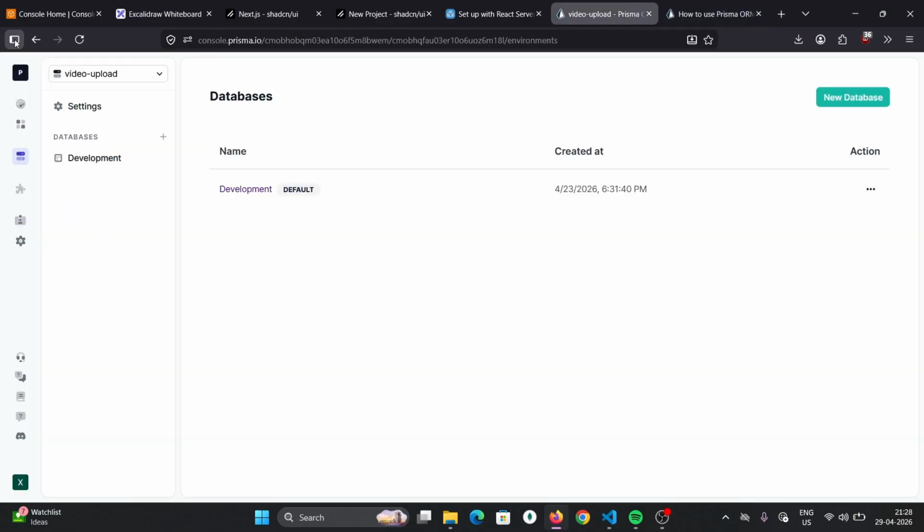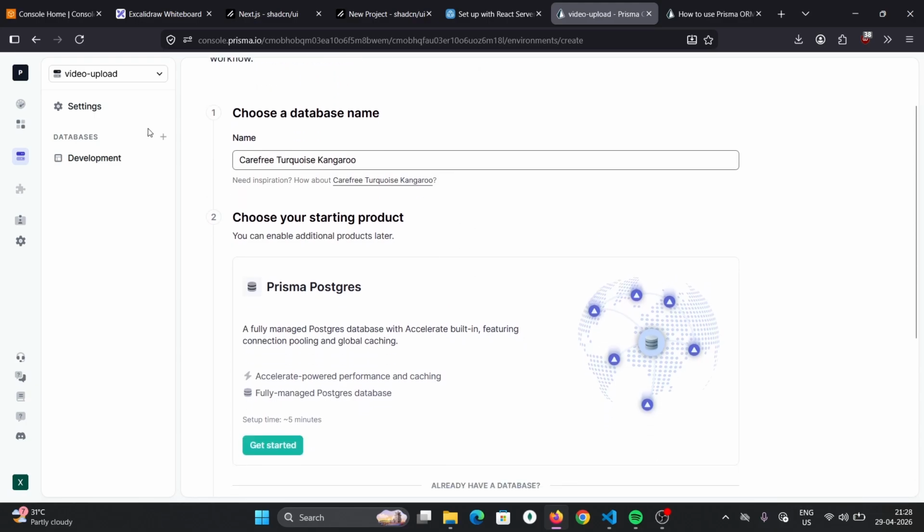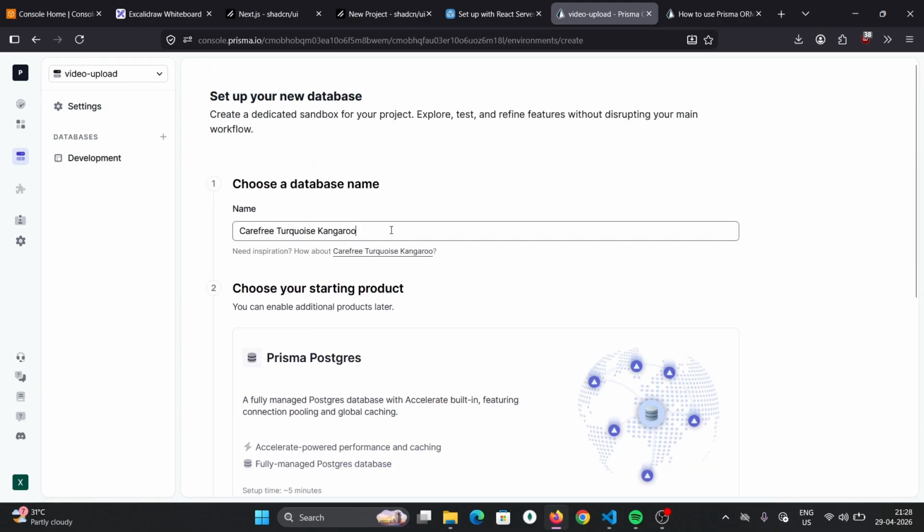In that time, come to your Prisma dashboard. I'm using Prisma to get a database connection string. You can use any database provider like neon.tech, NeonDB. You can create it also on the AWS. So I will use the free one. Let's create a database. First you have to create a project and give a database name Vercel clone db